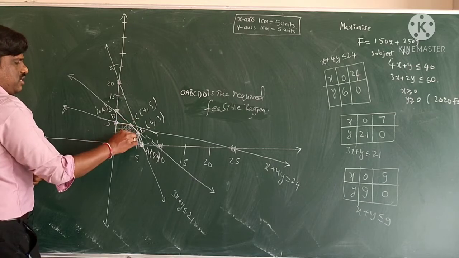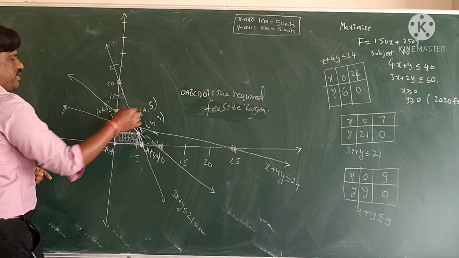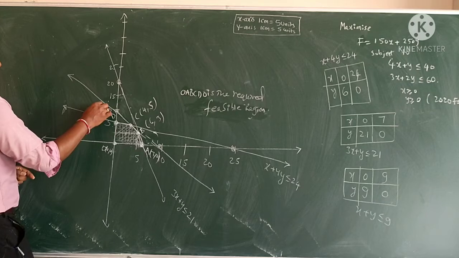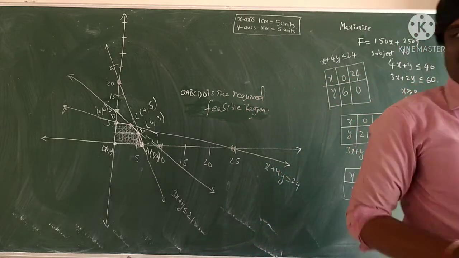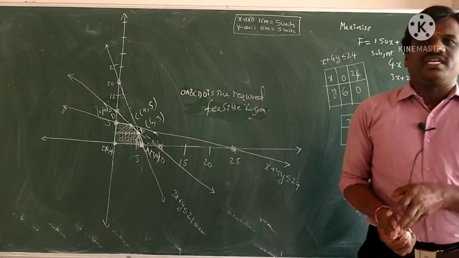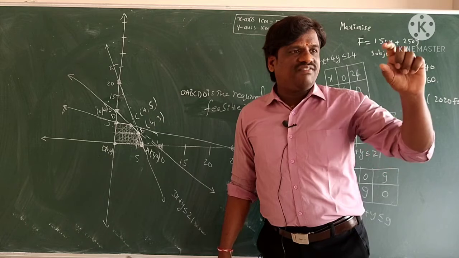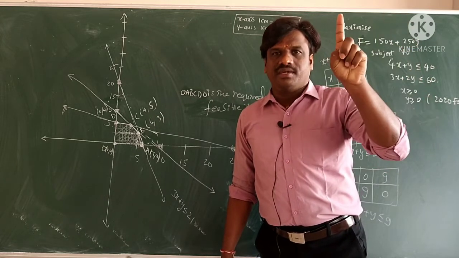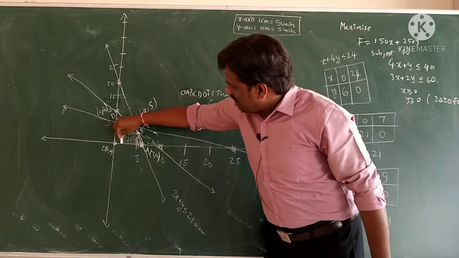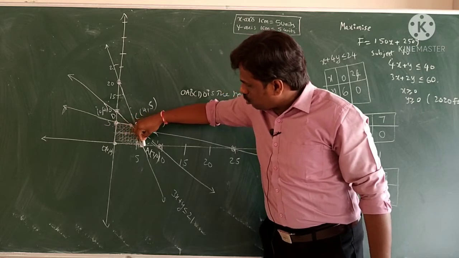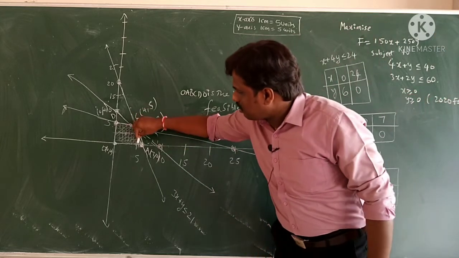And this point, if you see down it will be 4, if you see vertical it will be 5. So C is 4, 5. And this D is 0, 6. So these will all appear in the graph paper. If you are not able to identify a point, suppose you take 2 units, you know that 2 single lines will be 1 unit. Suppose you take the scale 1 centimeter equal to 2 units, then you will have a big one right here. This is 2, next 4, like this. So you can identify easily what the number is, even on this also.